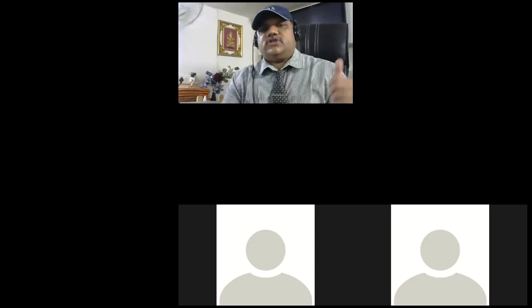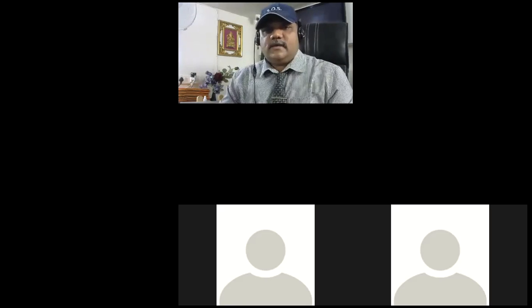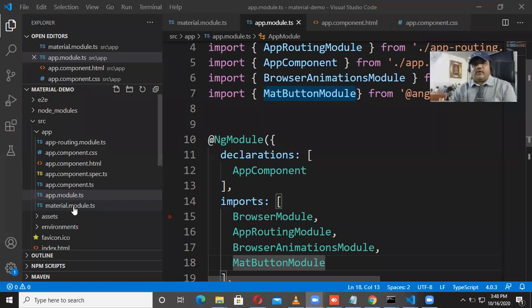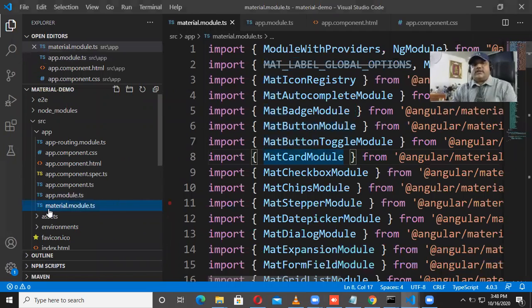So after creating successfully the project and adding the material component, the third step you have to follow is to create a file called material.module.ts. This is a manual file you have to create. You go to the project, check that you are in the app component, and then add the new file called